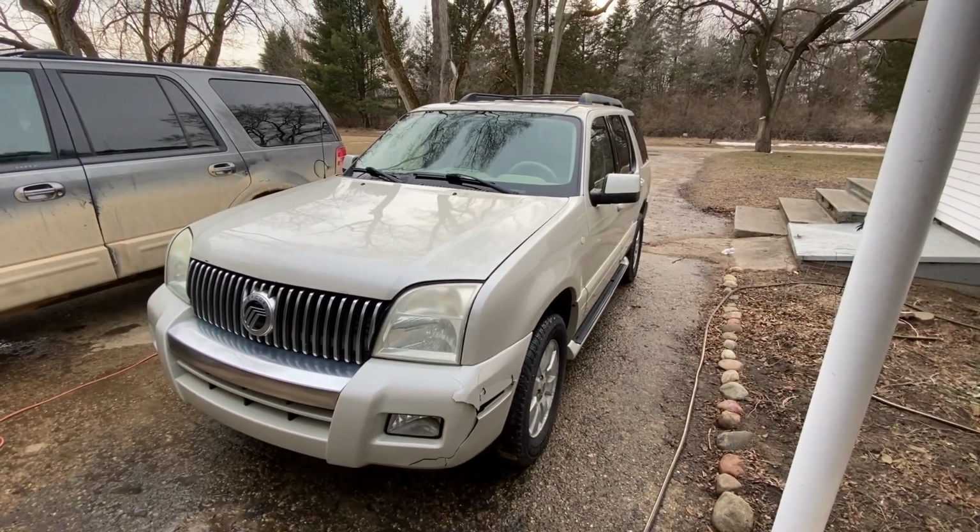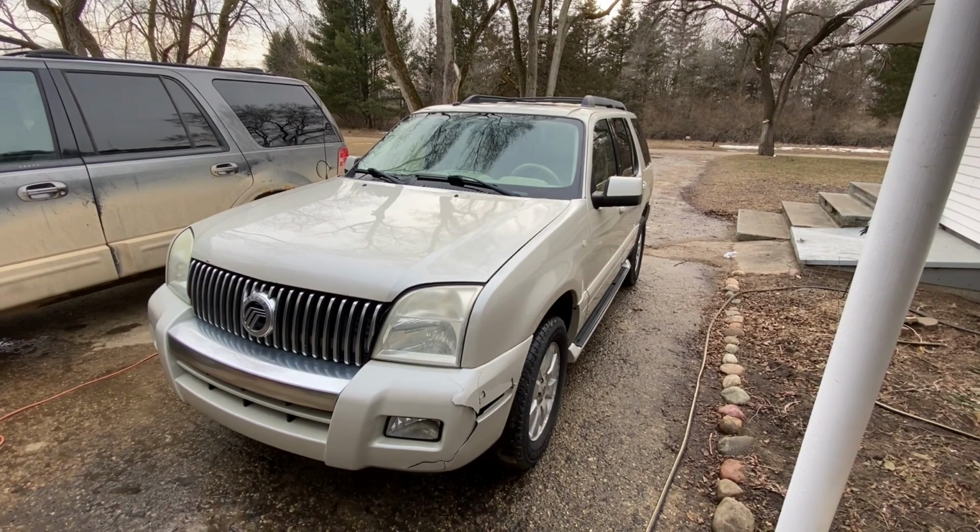Hey guys, today I'm going to show you where the fuel pump fuse and fuel pump relay are on this